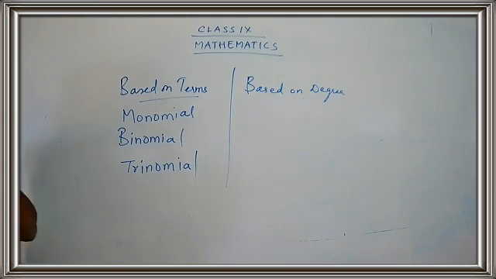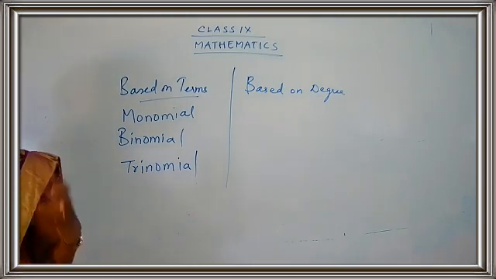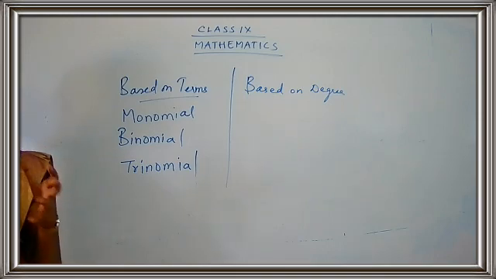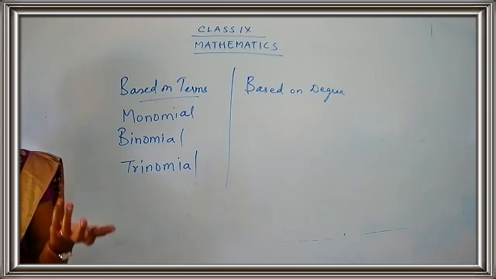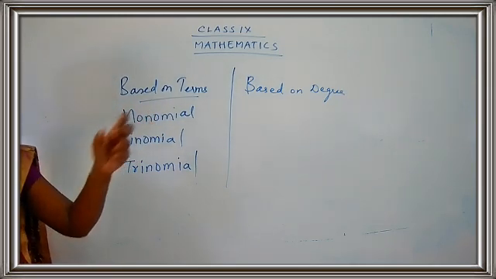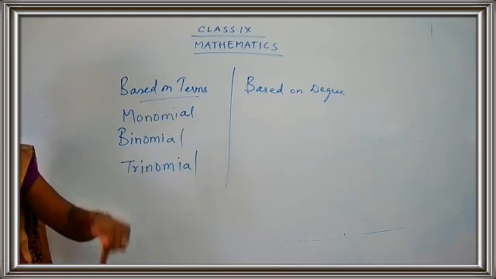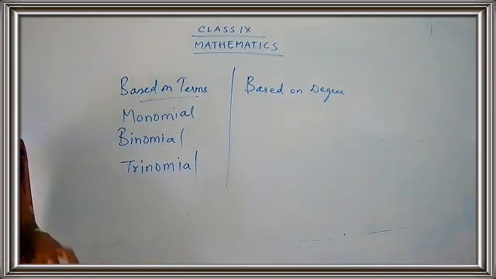I told you, when you are dealing with the monomial, just think of a monocotyledon seed. Monocotyledon seed, the mango. How many seeds does a mango have? Only one. Yes. So that type of seeds are called monocotyledon. So mono means a single seed. So here monomial means what? How many terms are there here? Because we are talking on the basis of terms. So a polynomial with one term is called monomial.